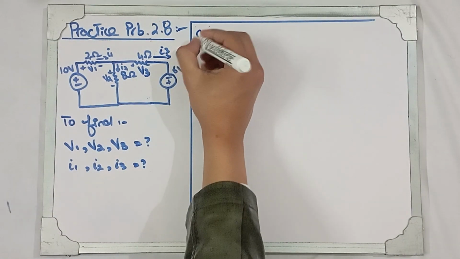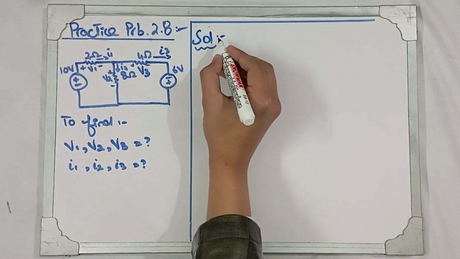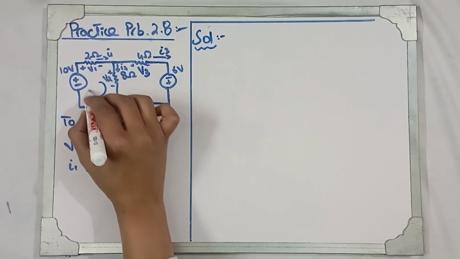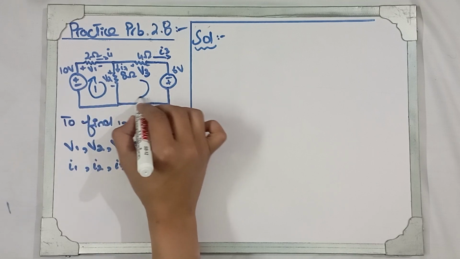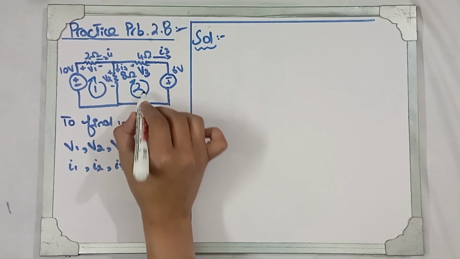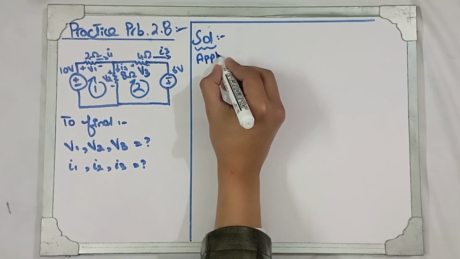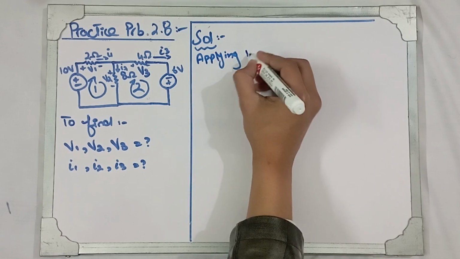To solve this question, first of all, we will apply KVL, that is Kirchhoff's voltage law, on each loop of the circuit. So we will apply KVL in the clockwise direction. So for the first loop, and then KVL for the second loop. So applying KVL, Kirchhoff's voltage law,